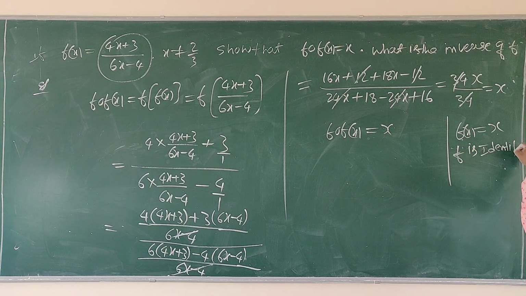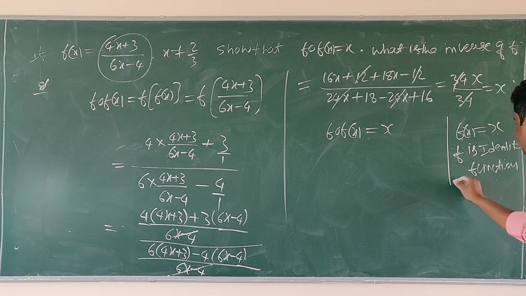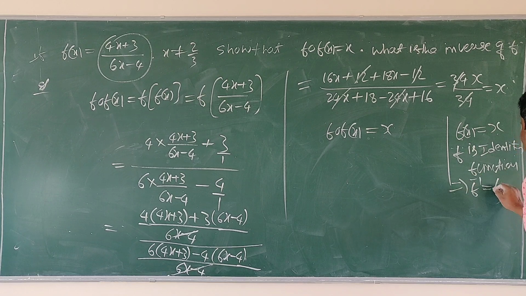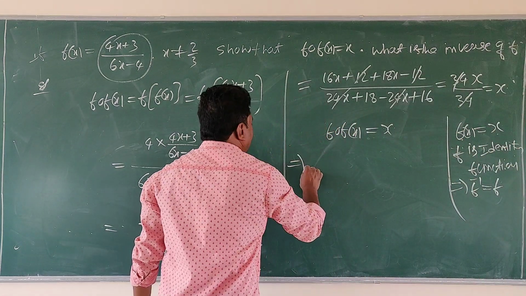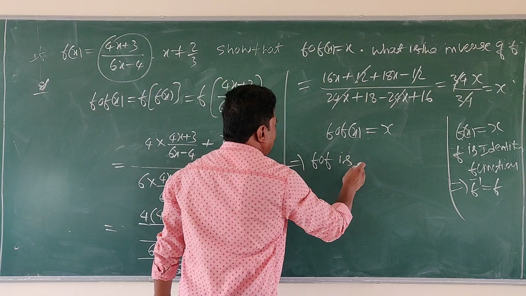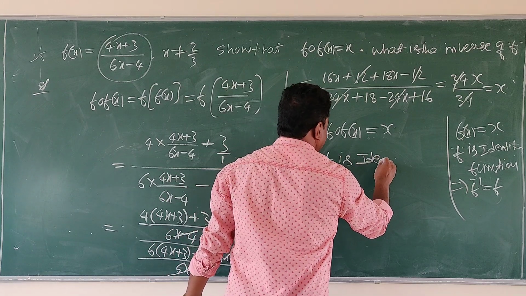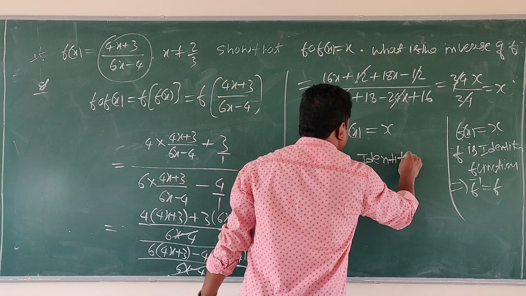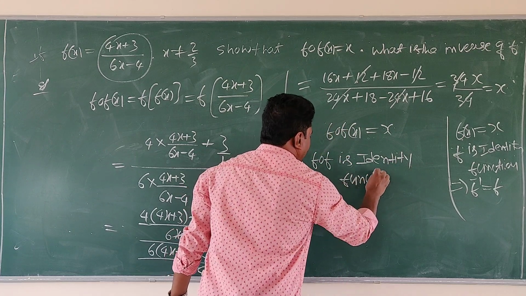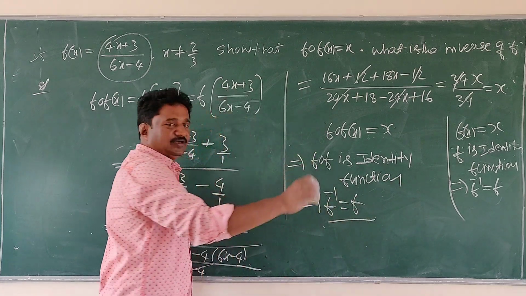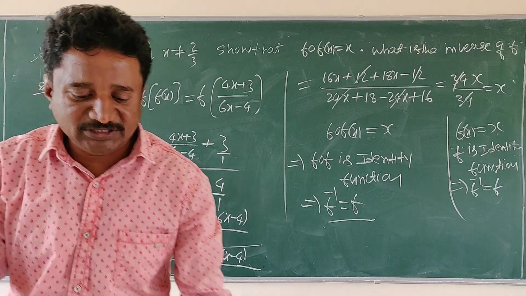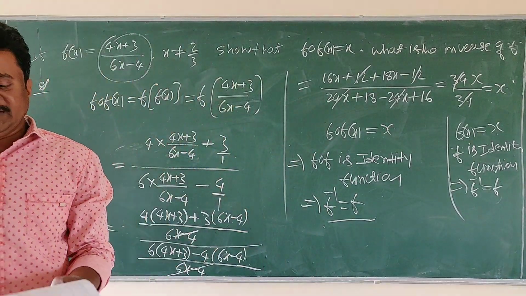If f of f is the identity function, that implies f inverse is f. Self-invertible. f inverse is f. So I hope you understood, students. Let's move on